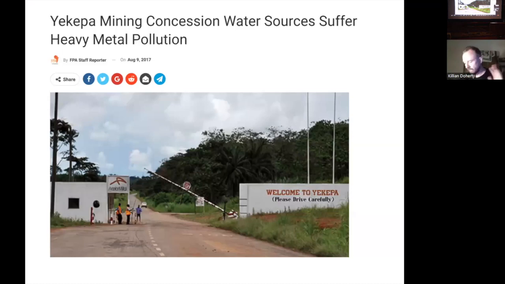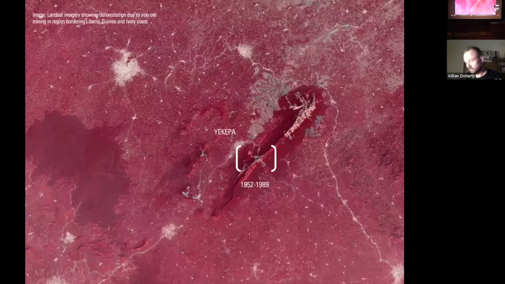There's heavy polluting of the water supply and the nearby rivers, and most of the people that live there don't have plumbed water, so their water supplies are absolutely ruined. These issues are only really coming to the surface, but they're not fully known just yet. Things are not getting any better. So what we see